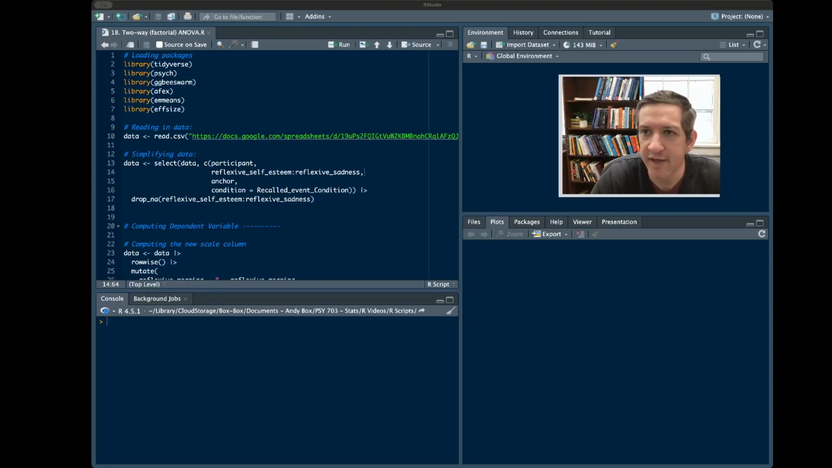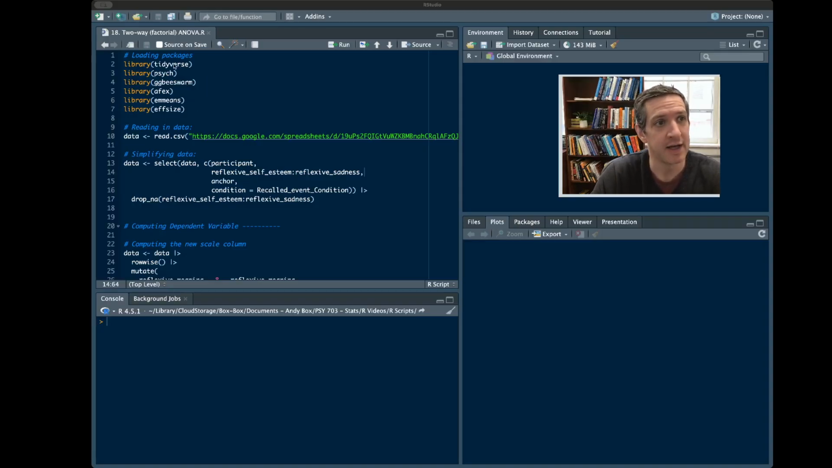Hello. In this video, we're going to look at how to compute a factorial ANOVA. In this case, it's all between subjects in a 2x3 design. So for starters, we've got just a lot of preliminary code to set up the example we're going